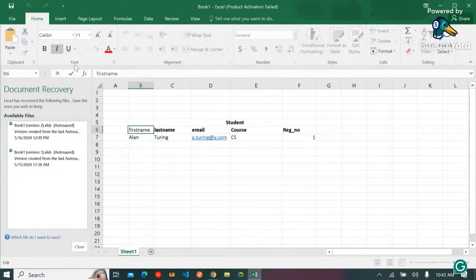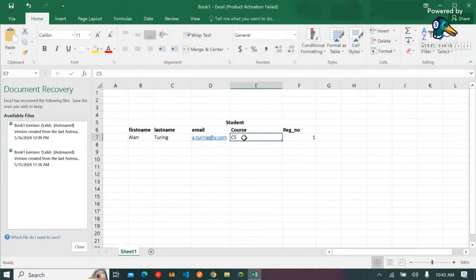So if I want to make this one bold, now by separating the name column into first name and last name, we've ensured that each field is only going to store an atomic value, one single value, not two values. So that is okay. Now our table should be in first normal form